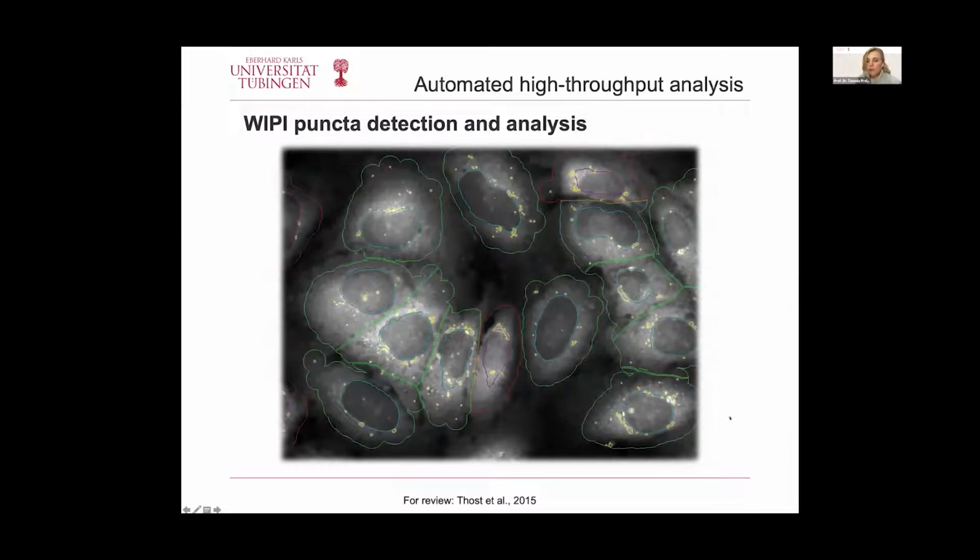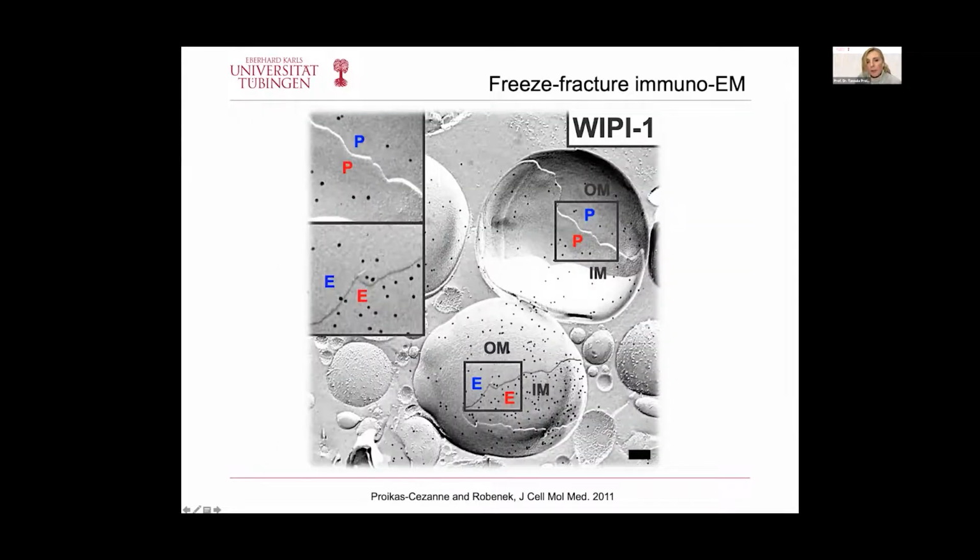So we use this system for a variety of approaches to work on autophagy, the process, to address the function of the WIPI proteins in autophagy, but also to monitor autophagy, meaning to measure the number of cells that undergo autophagy by measuring the number of puncta here. And other imaging systems confirmed that these indeed were autophagosomal membranes. So colocalization studies, of course, we did, but also types of electron microscopy.